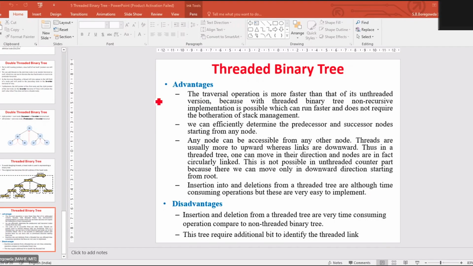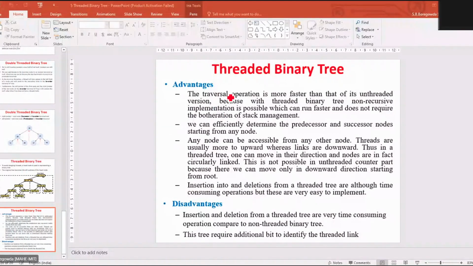This is the imbalance node, that is 1, we have found it. Now consider 3 nodes from the first imbalance node in the direction of the leaf node, in the direction of the newly added node. In this way, you consider 3 nodes, that is 1, 2, and 3. Then we use the AVL rotation to balance that tree.